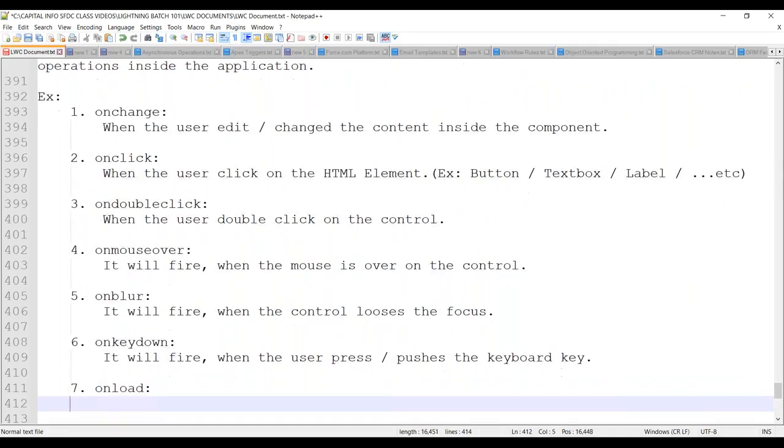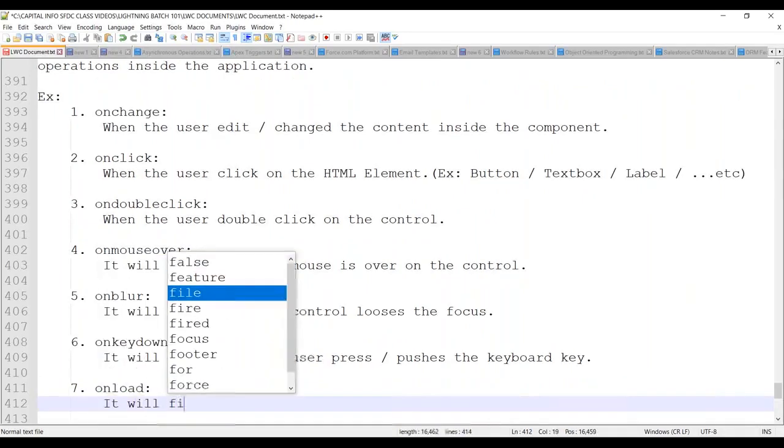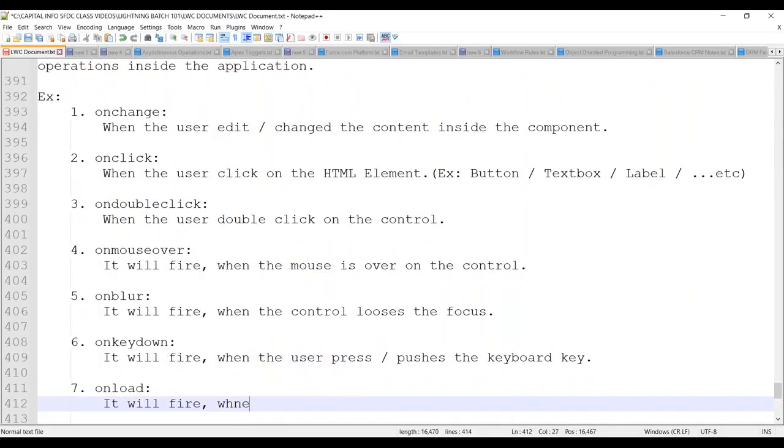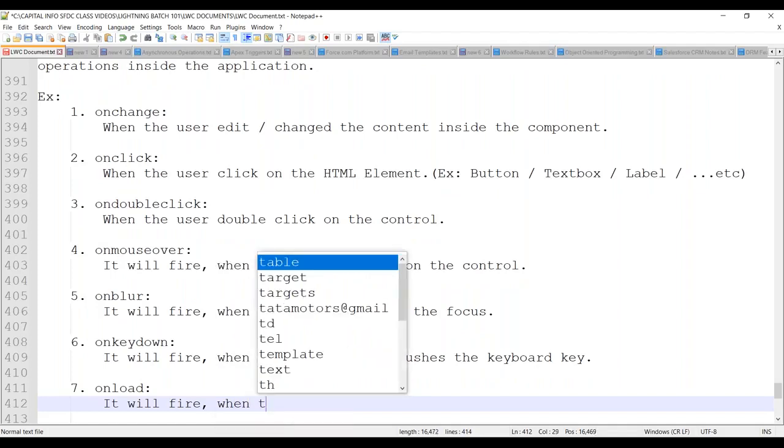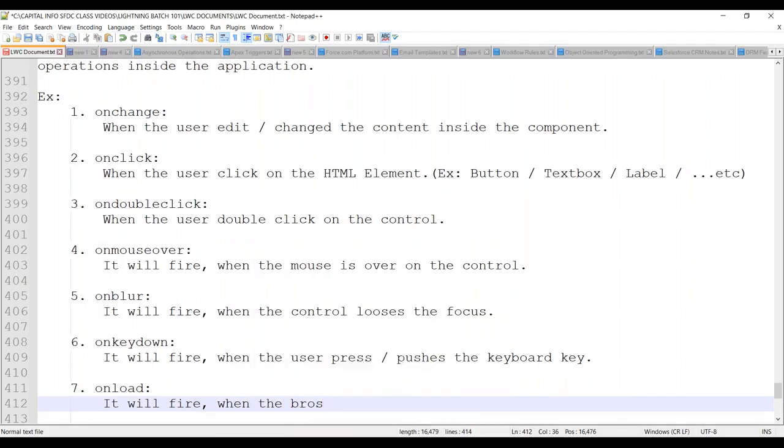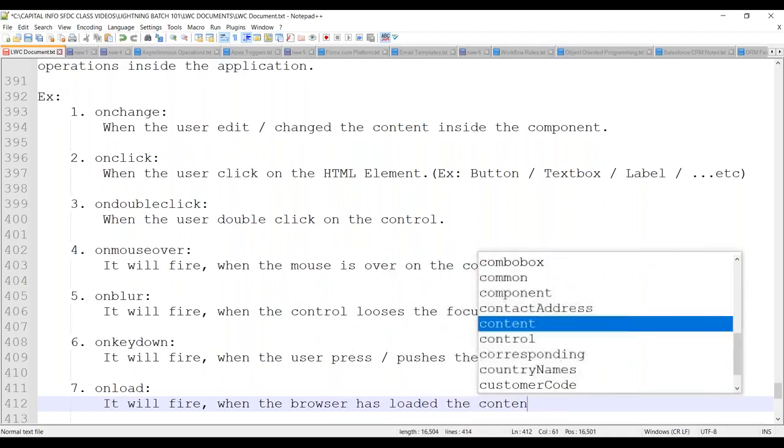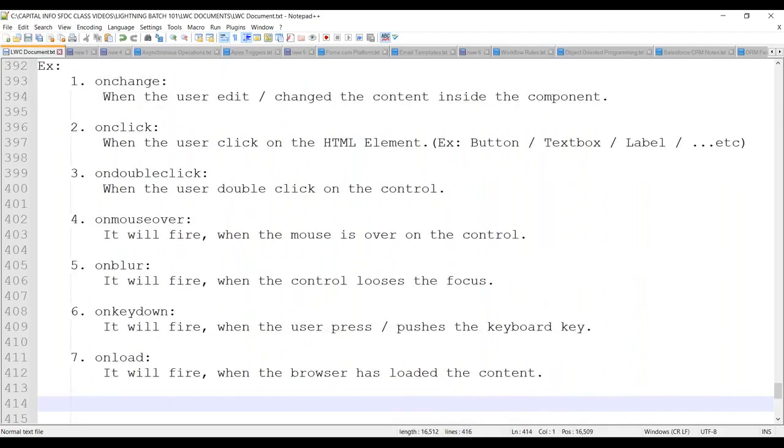And then onload. It will fire when the browser has loaded the content. When the browser has loaded the content, it fires this event called onload. Once the page has been loaded, if you want to do any operation, these are a few common events